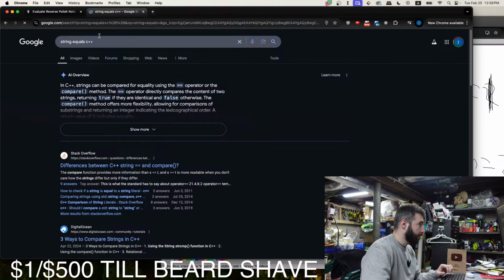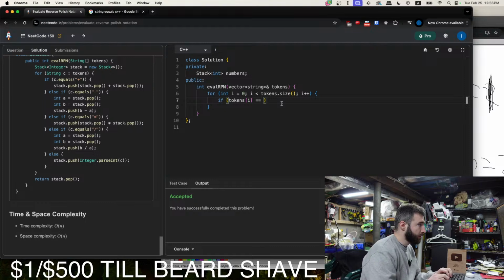Oh, it can be compared for equality using the equals. Nice. If tokens I is equal to plus, then we push.